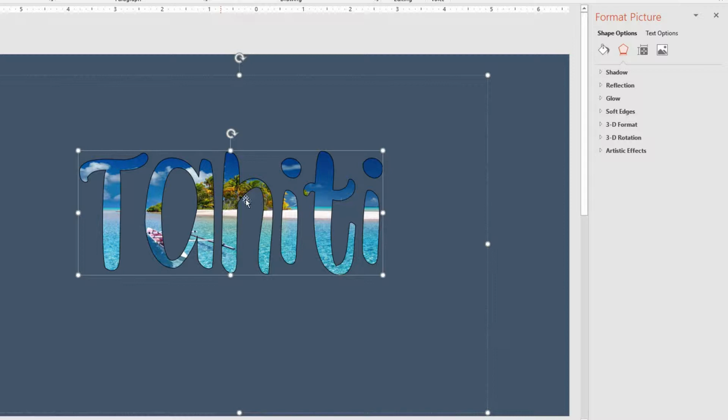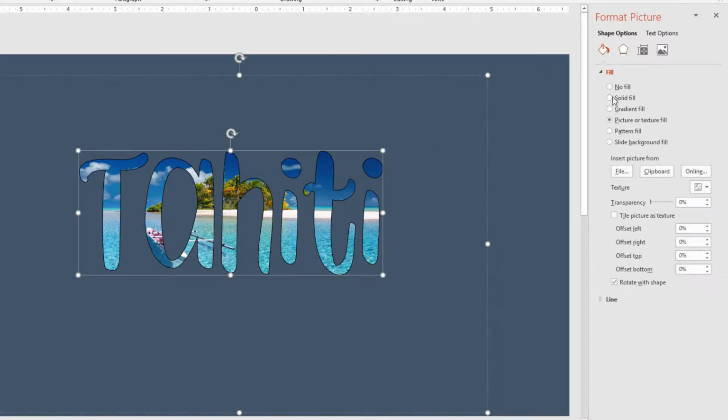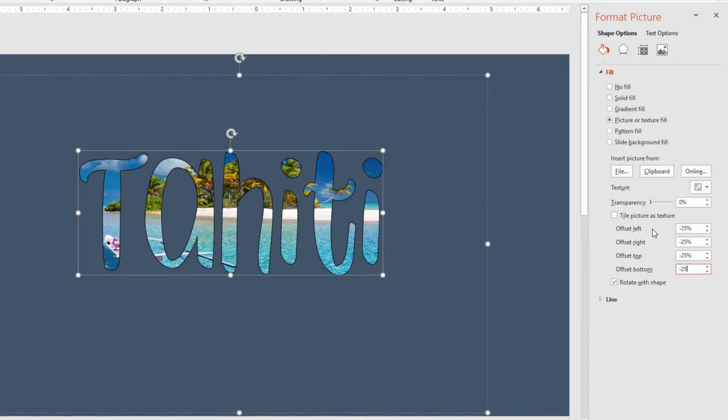Now, if you didn't want that to happen, what you can do is you can go to those words right there, those letters right there. You can go to your fill options, and right here with the offsets, you can say, for example, the picture should be offset, let's say, -25% in all directions. And what that does is it stretches it in all of the directions simultaneously to the same amount. And there you can see the picture of the boat is now farther down into the corner, and the island is taking up more of the available space that's here. So being able to copy an image from your slide and use it to paste into a picture, in this case a picture of text, is a nice easy way of working.